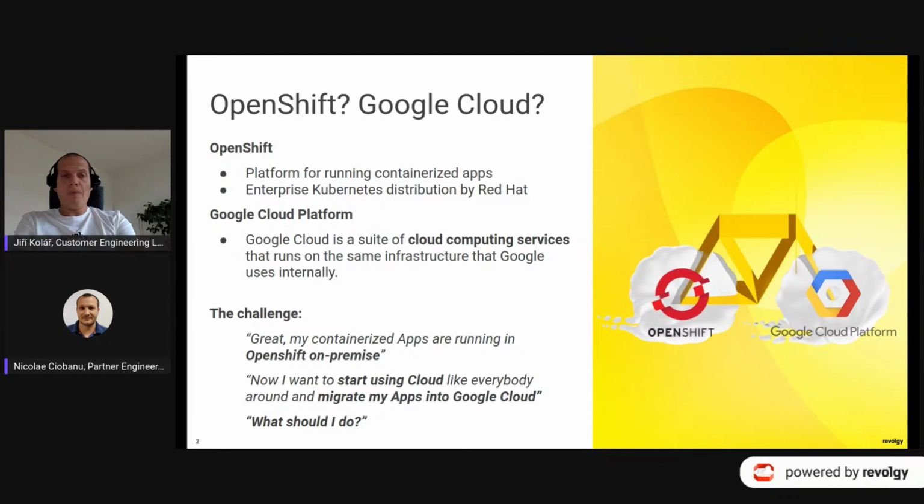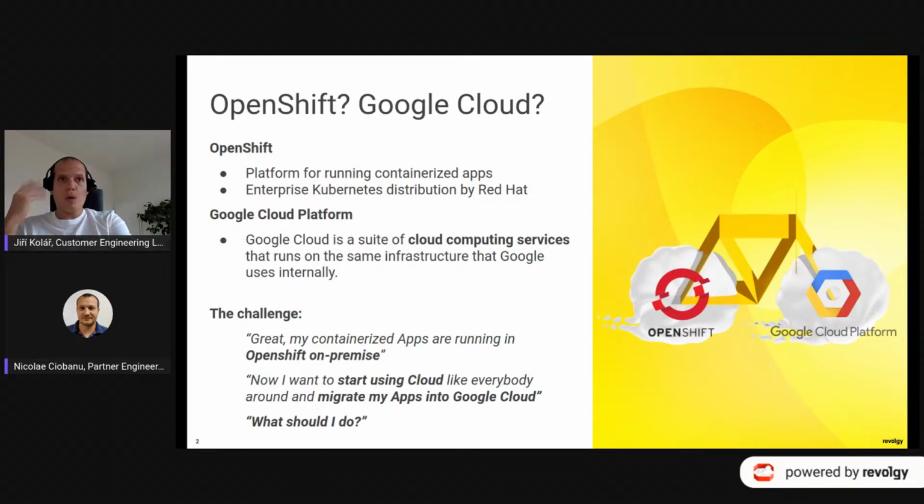Google Cloud Platform is basically a suite of computing services that runs on the same infrastructure which Google uses internally, right? And this is the part which Niku will talk about.